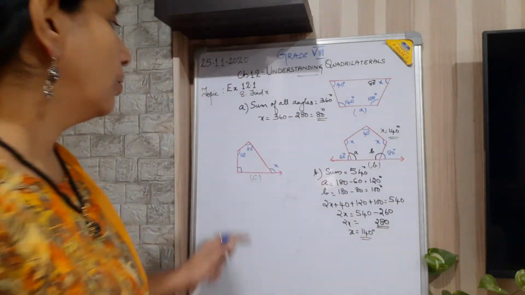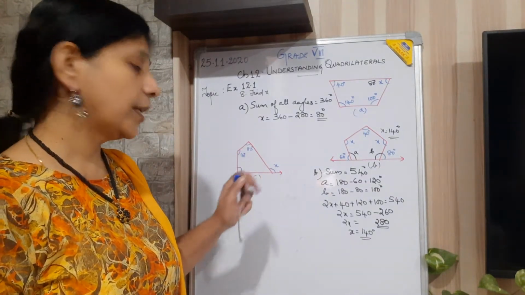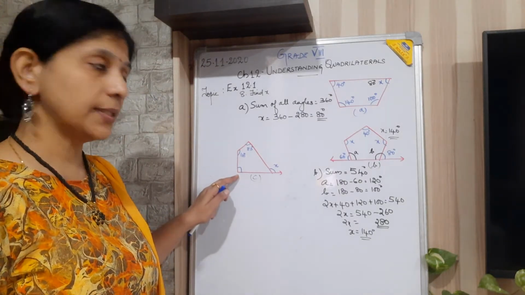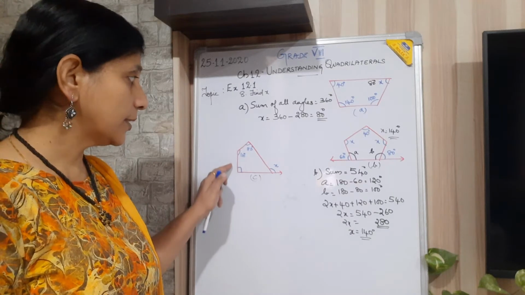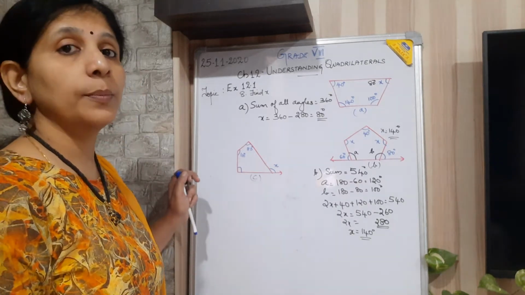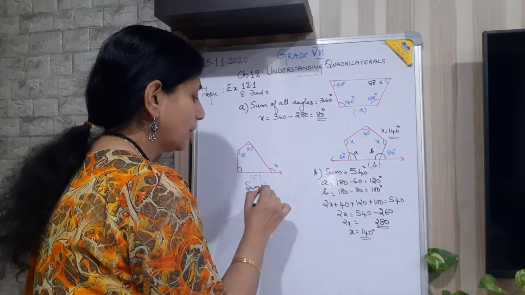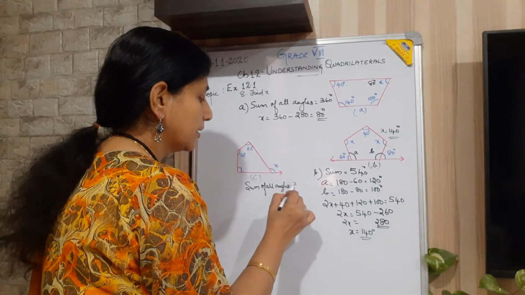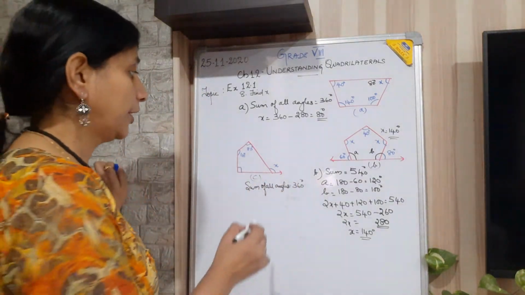Okay. Now the third one is you are given an exterior angle x which you have to find out, and this symbol represents 90 degree, 110, 83. So before going into this one, this is a quadrilateral, so sum should be 360. Sum of all angles is 360 degree, and this one you have to find out.